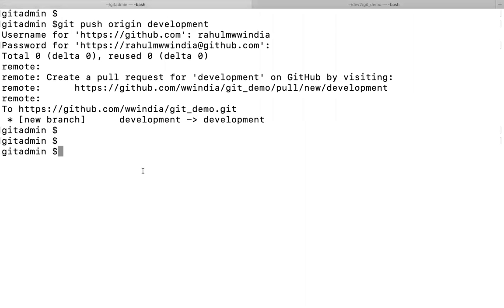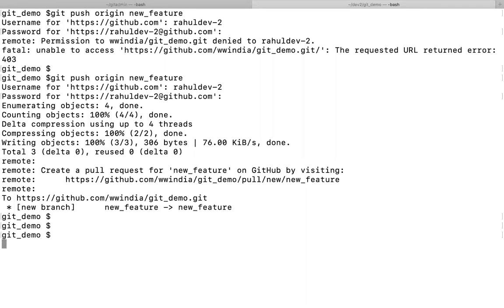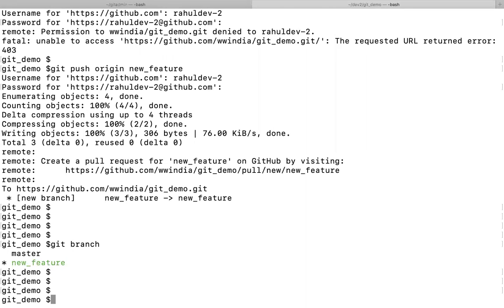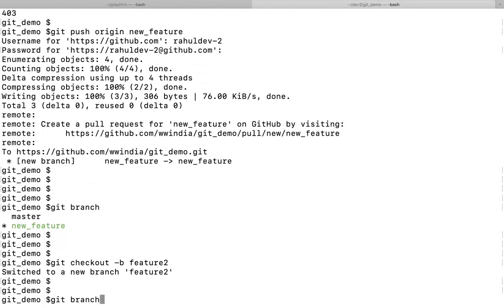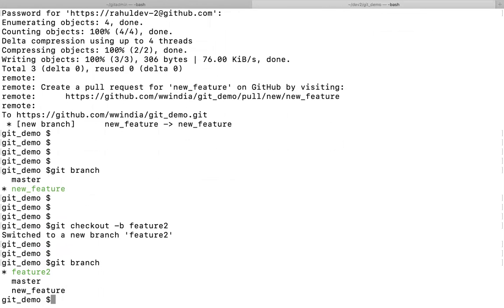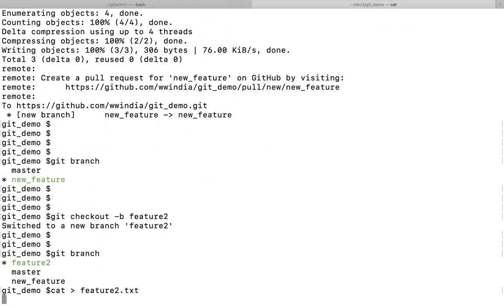As here, this is admin, this is demo. Okay, so here if I run git branch, I have the new feature branch. Let me create a new branch with git checkout -b feature 2. Now if I look at the branches again, I have 2 branches. I will create a new file in the second branch, git cat feature 2.txt, feature 2,